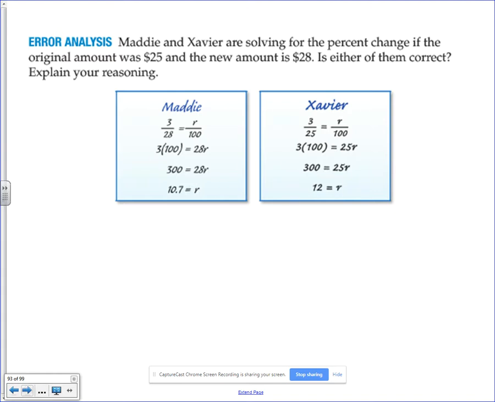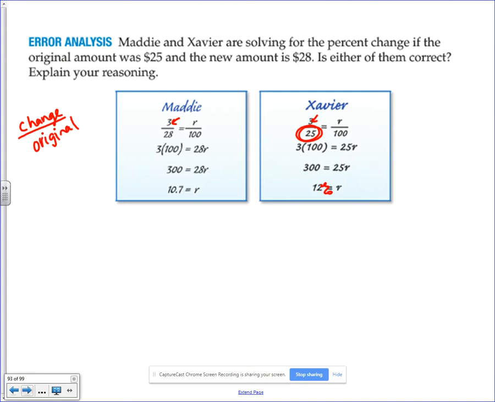Maddie is correct because if you remember, the formula is to do the change over the original. It changed by $3, which they both got correct. But the original amount was $25. So that means Xavier put the correct original amount in the denominator of his fraction. So he is correct. It is a 12%